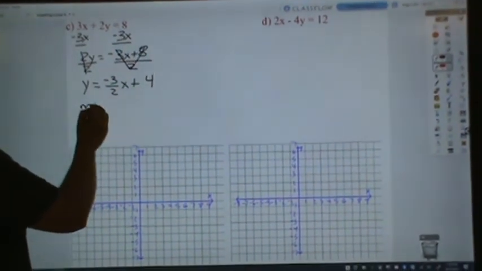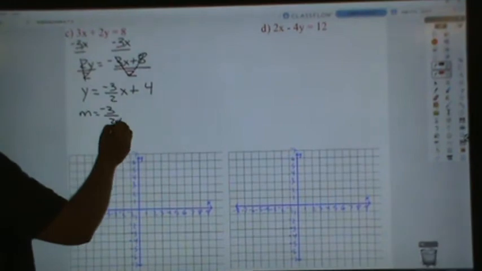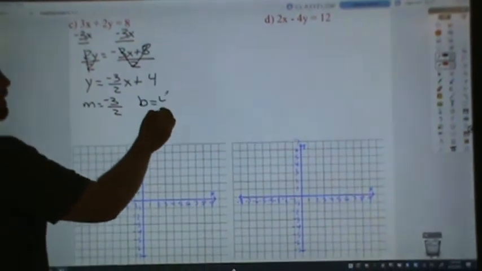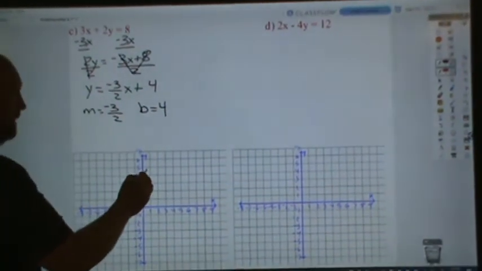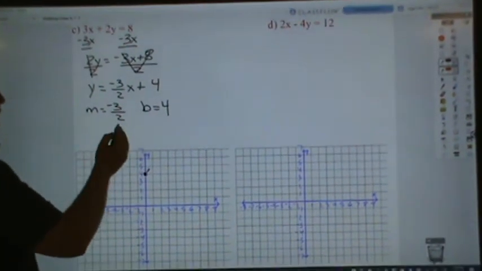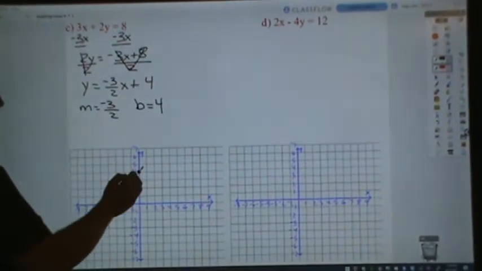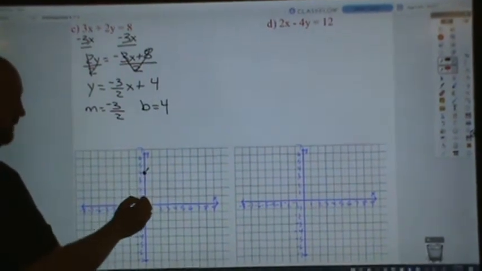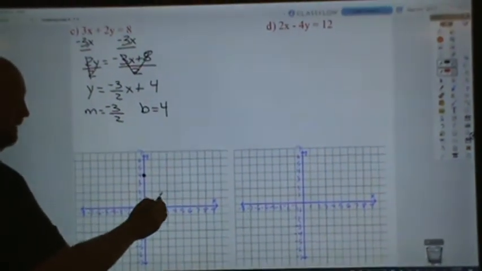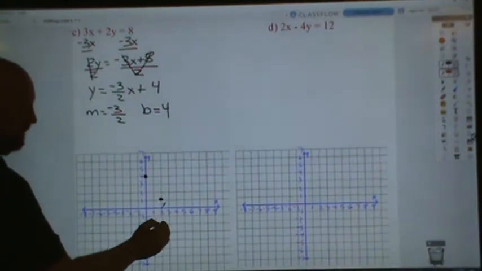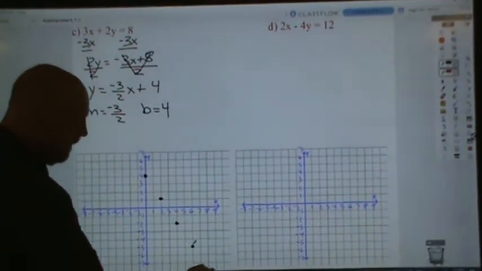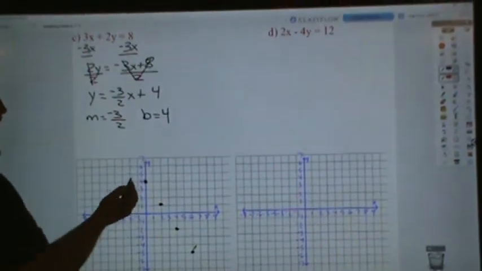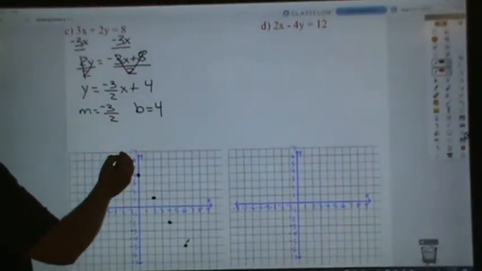So my slope is negative 3 over 2. My y-intercept is 4. On my graph, the y-intercept of 4 means up 4. The slope of negative 3 over 2 means down 3, right 2. So I'm going to count down 1, 2, 3, right 2 to get a new point. Down 3, right 2. And I'll continue to go down 3 and right 2. And I'll take up all the space that I can. The opposite of down 3, right 2 is up 3, left 2, and that can get me an extra point